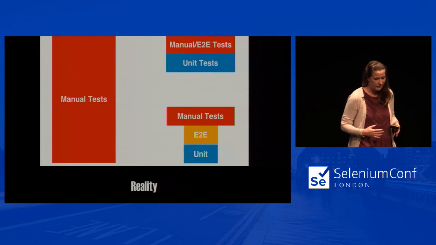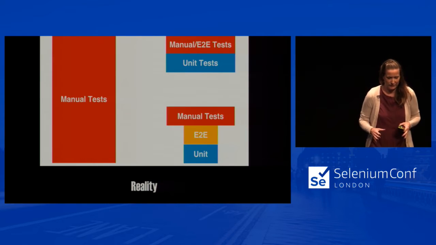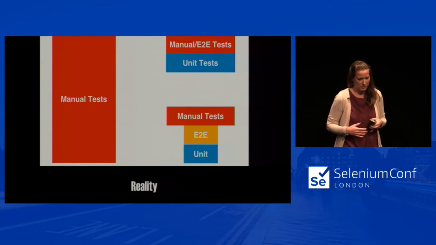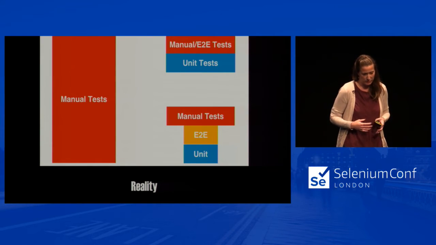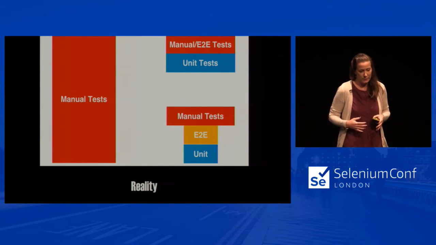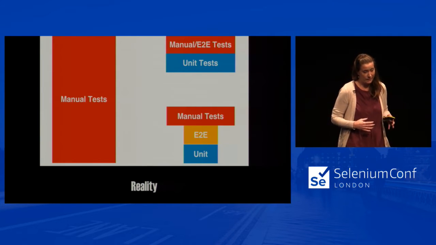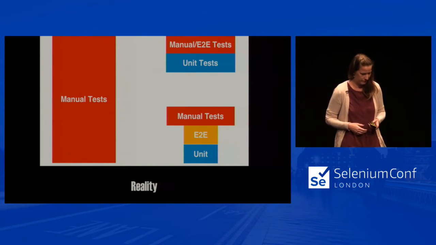You kept getting feature requests, sales team started selling things that maybe weren't even ready yet. You probably noticed you had technical debt, but you were told you could address it after the next release. You end up with manual testing still being heavily relied upon with some automation in place. And sometimes you also see the amount of UI tests equaling the amount of manual testing because people find comfort in the UI. They automate because they can, not because they should. You still have a fairly large amount of manual testing going on, or you only do manual testing and skip the end altogether because people stop trusting them.